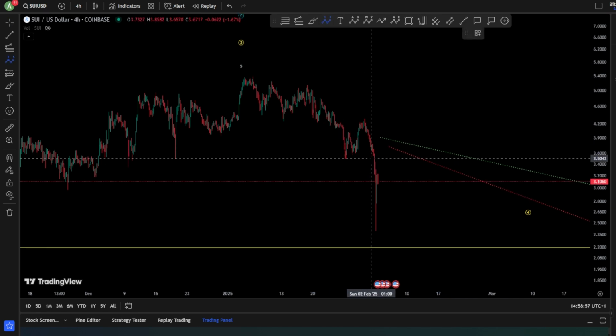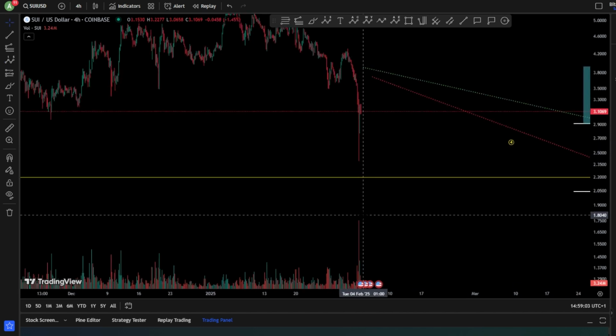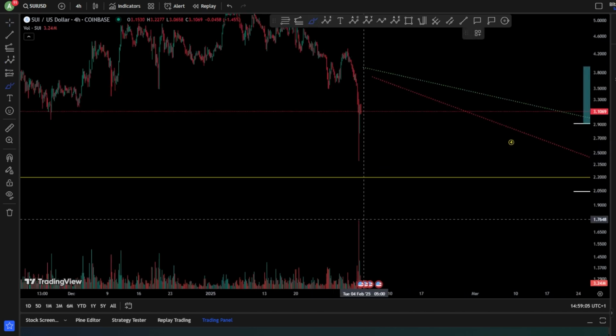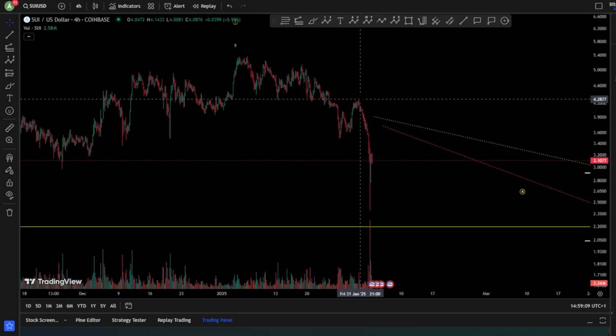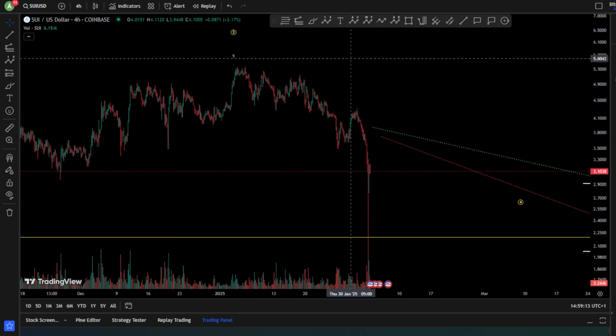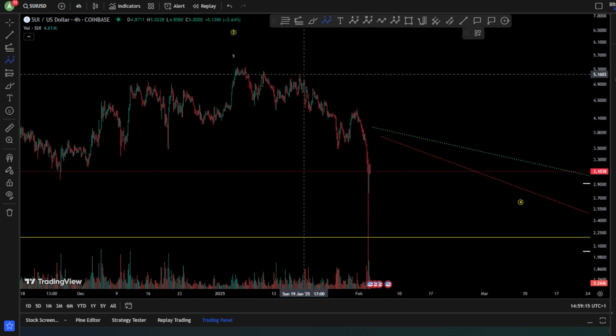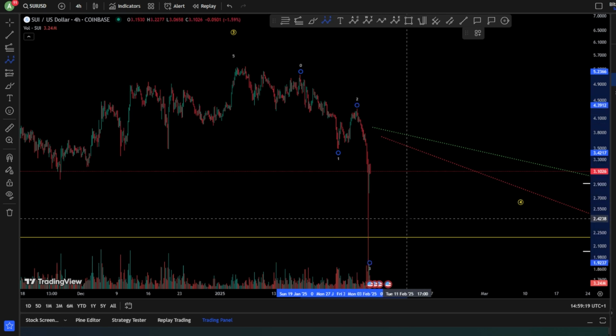So we are looking probably here, and with the help of the volume, we can see that this is a wave 3 toward the downside because it has the highest amount of volume, meaning this is a big wave 3 toward the downside. If that is the case, then we have to start to count from here: 1, 2, 3, 4, and a 5.